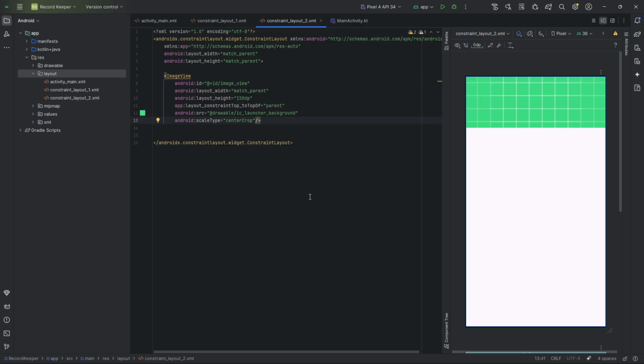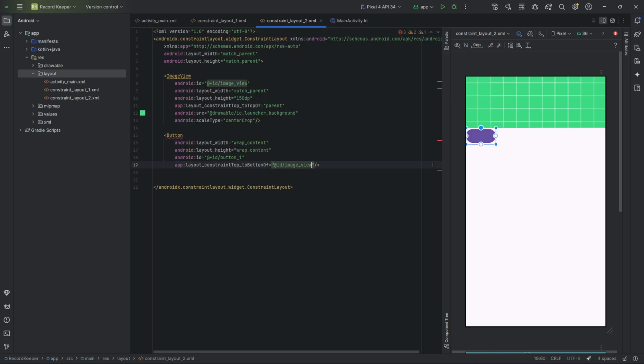So what if we wanted to place a button directly under this image view? Would you remember how to do that? Go ahead and pause the video, create a button with some dummy text, and place it directly underneath this image view. Doesn't matter if it's on the left or the right, just make sure it's underneath. So the way we do that, button, we'll do wrap content, we'll do some dummy text, test button, self-closing tag,